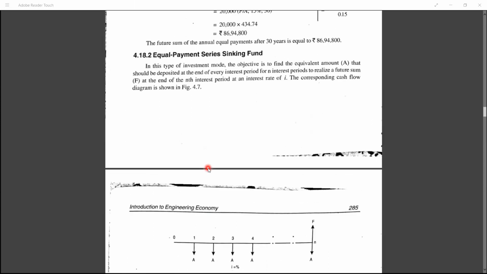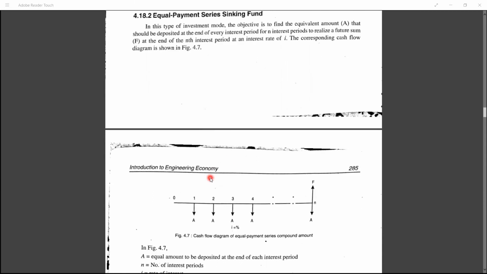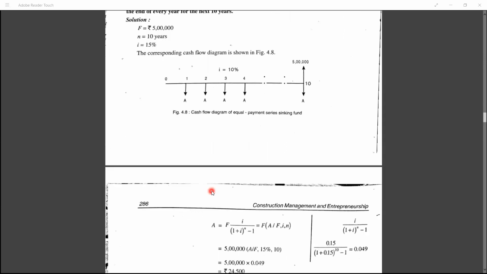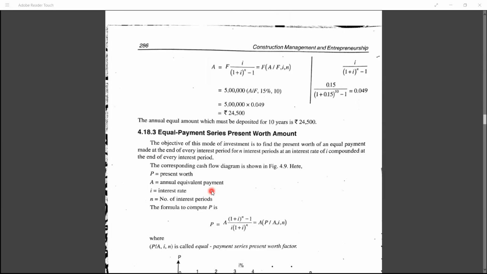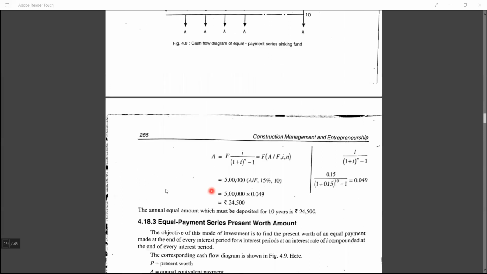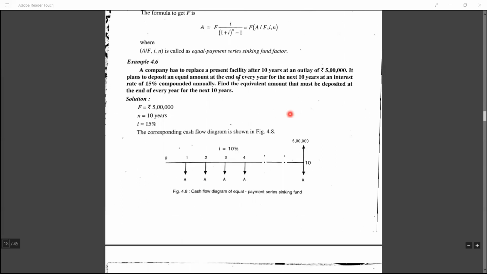See, next is equal payment series sinking fund. See, in this sinking fund, what amount of your value is getting sunk for every year. Not in terms of depreciation, it is in terms of interest only. Equal amount, whatever you're depositing. This is a reference to the company law. Usually, a company will incur this type of interest.